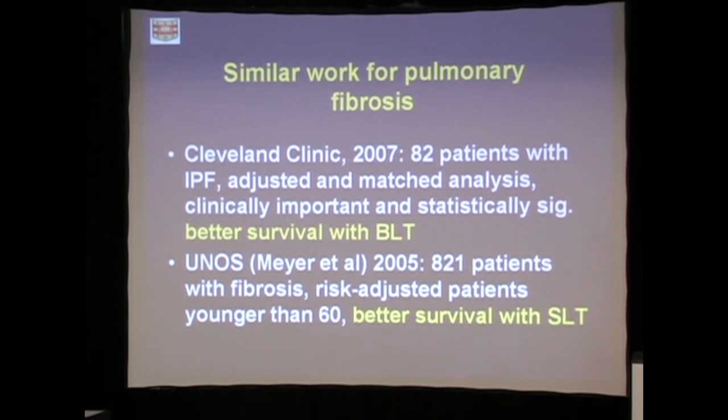On the other hand, there have been papers that have shown a difference, and a very well constructed paper from Cleveland Clinic using all the bells and whistles that Eugene Blackstone can throw at a paper